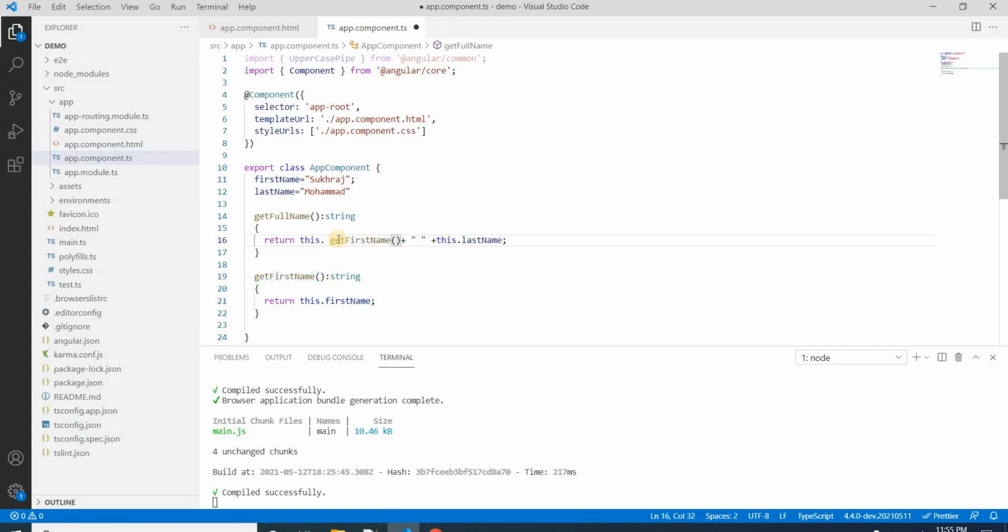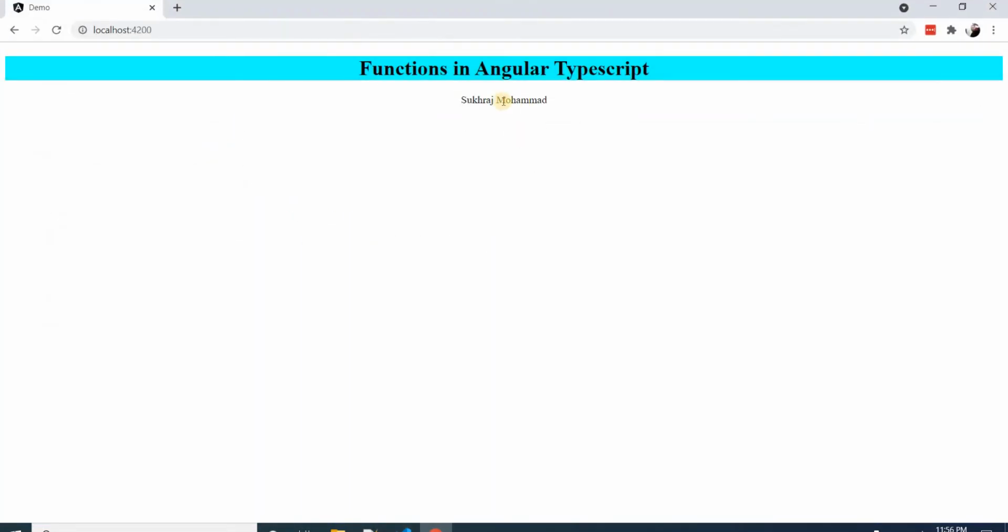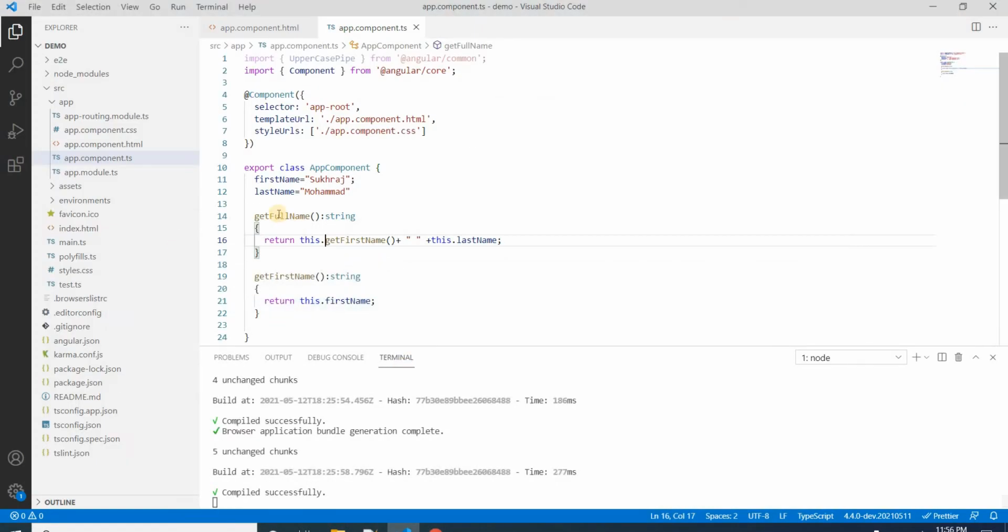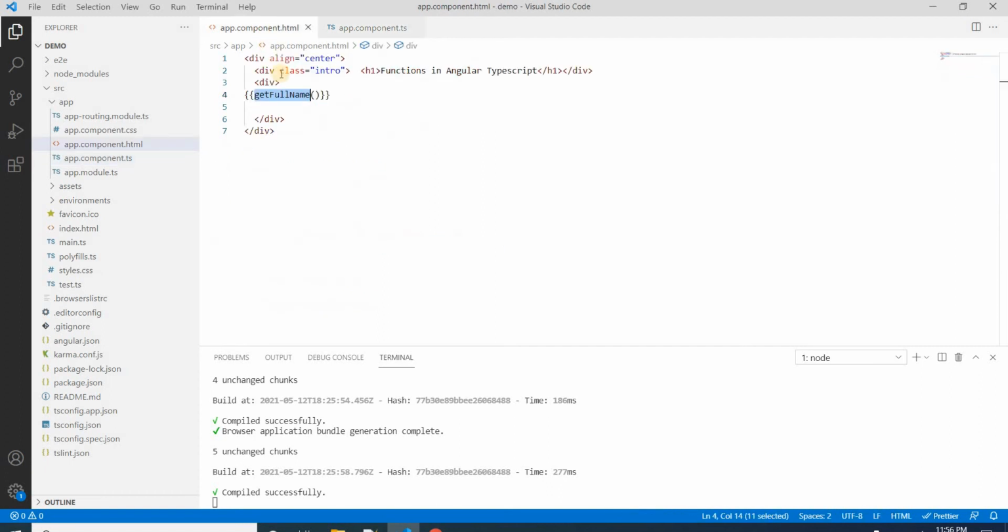Just say this.getFirstName. Let's see the impact on output. The output is the same. So this is how we can declare a function in Angular, and this is how we can call it within the same component: this.functionName. To call a function in the HTML file, we can use interpolation.